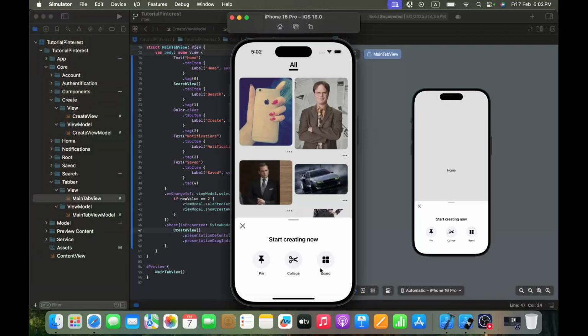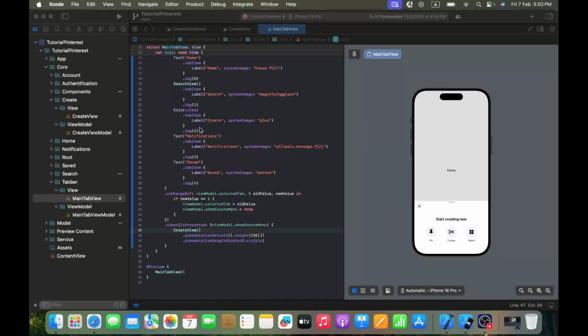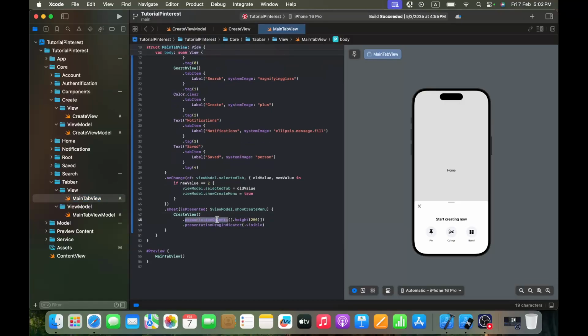The next step we need to do now is when I click on it, I want to display, as you can see, the full screen. To do so, there are a few things to keep in mind. The first one, if we go back to our main tab view, as you can see, we are giving it a presentation distance with a height of 250, which is wrong. We need to check if it's in mode full screen or not. If it's not in full screen, we pass a height of 250, but if it's in full screen, we pass